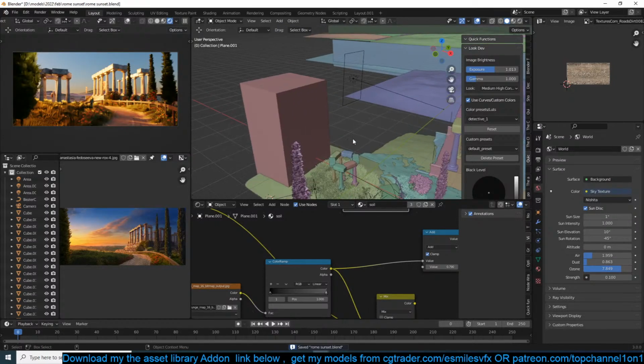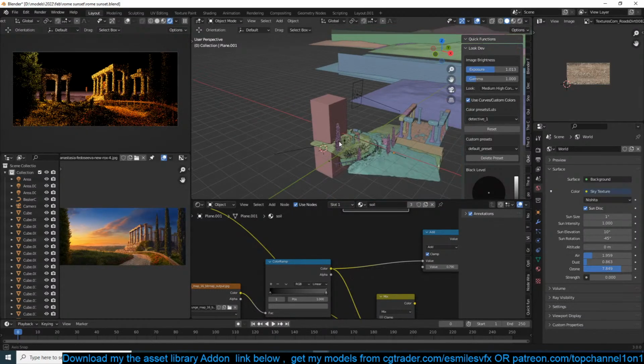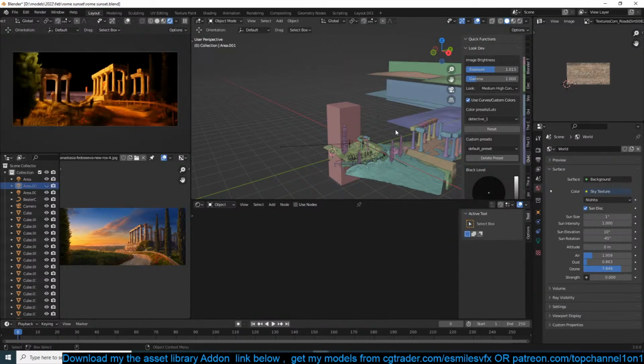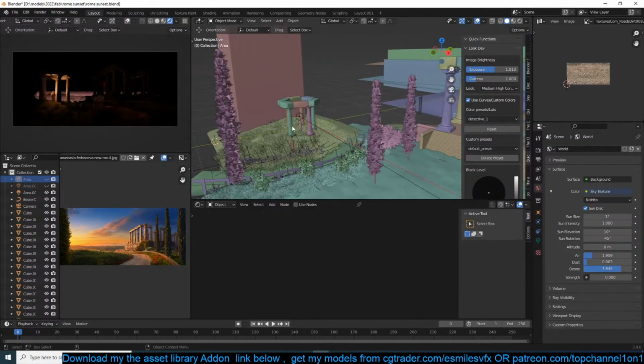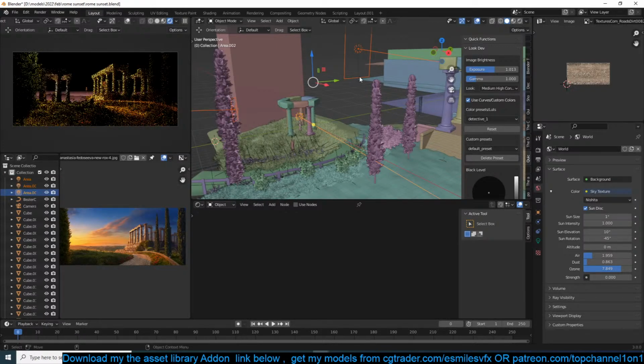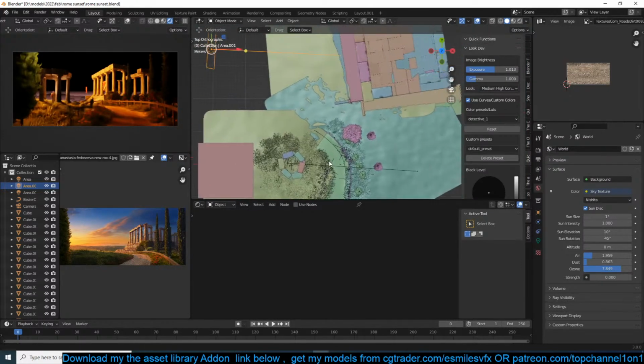Yeah, I don't know why. Let me check my lighting again here. If I get rid of this light, and this light, then this light. So it seems that this light is causing